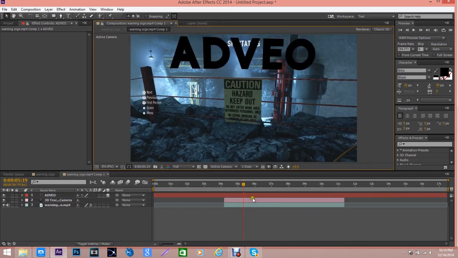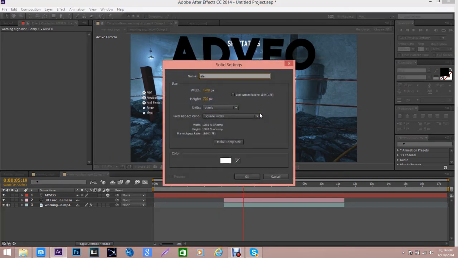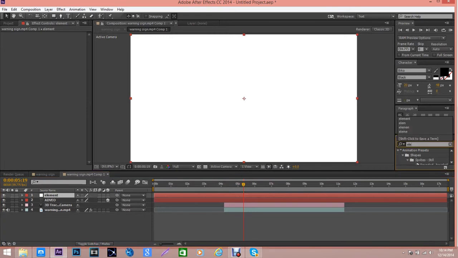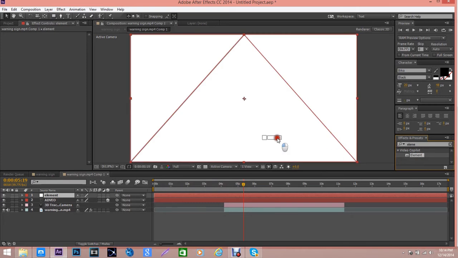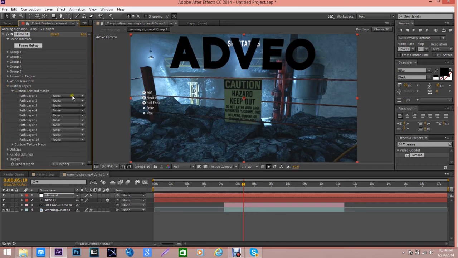Sliding it over. Okay, once you have this, right click, new, create a solid. I like to name this one Element because that's the plugin that I'm going to be applying to it. So go over to the Effects and Presets tab and apply the Element plugin. Once that's all loaded up, go over to Custom Layers, Custom Text and Masks, and then go down to whatever